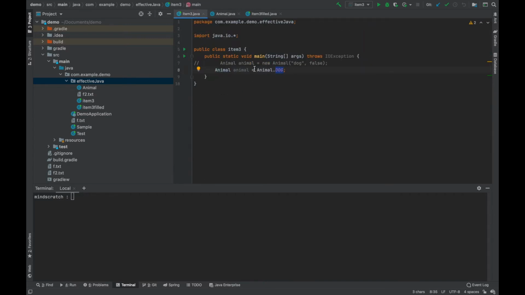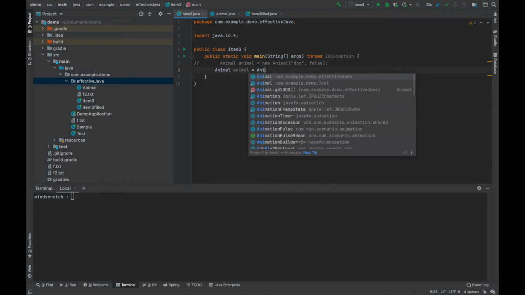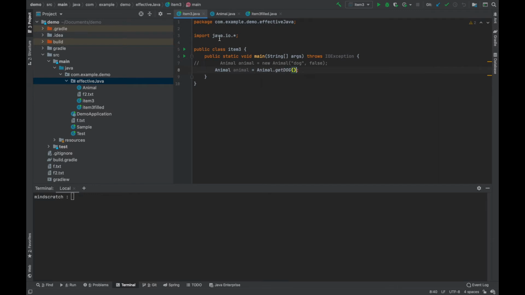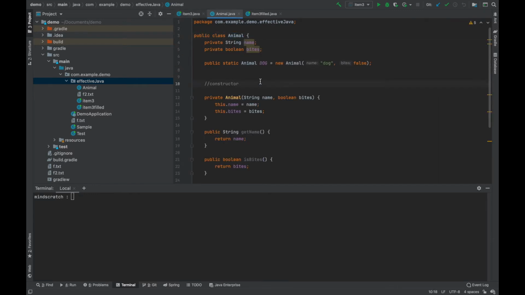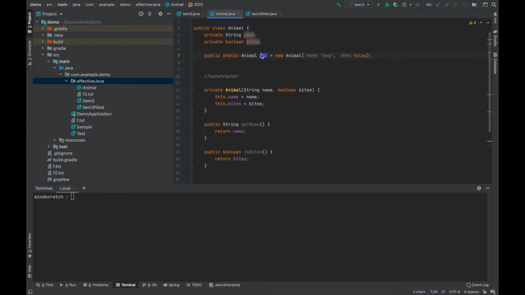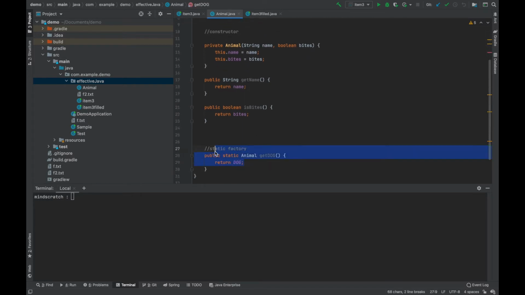So I can have an animal instance using Animal.getDog. Now a question may arise: what is the difference between directly accessing this variable and having a static factory method for this?